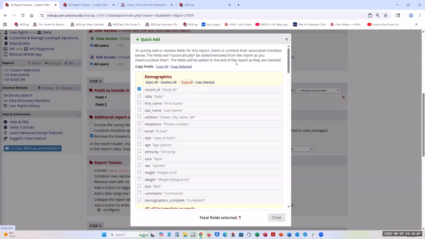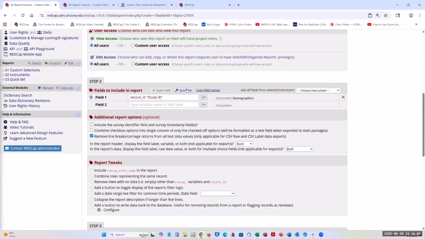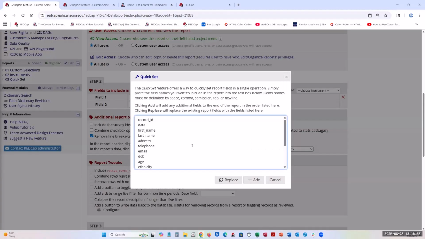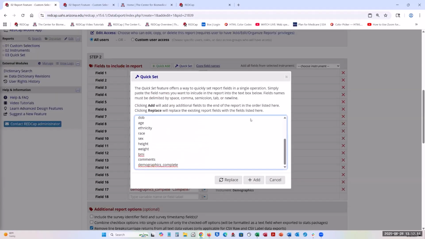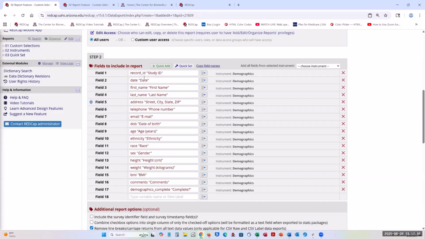What are you hoping to get, Tanya, so that we know what we should be seeing? Okay, so you should be seeing all the variables in demographics right now. There we go. Okay. So because the record ID was in there, and I need to clear this field. So if I come up here and I clear this field, then we come back over here, even though it's showing there. So say I want to add a different